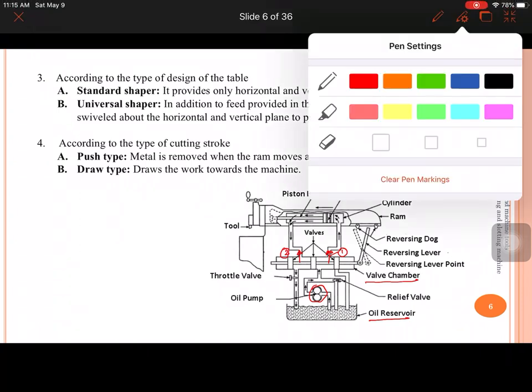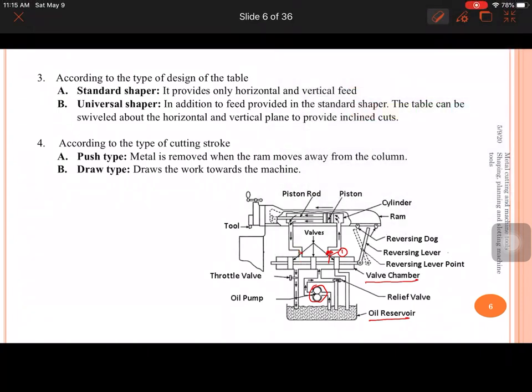But during the forward stroke, what happens is, this valve, because of the presence of this particular block, the fluid will enter in this way, and it will apply some pressure on the piston. So the piston starts moving in the backward direction, or in the backward direction means that is the forward stroke. When the forward stroke is taking place, the liquid that is present on the other side of the piston will be collected back in the reservoir through this throttling valve.